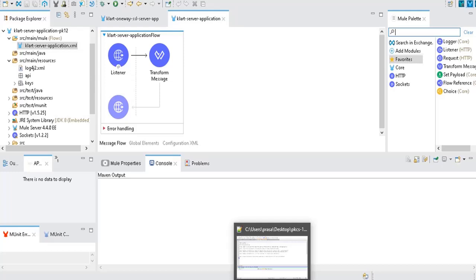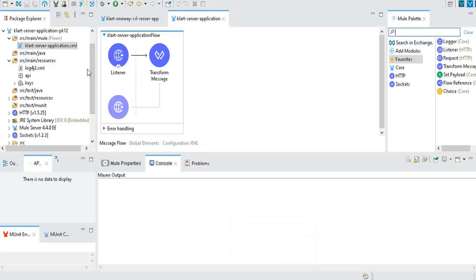One-way SSL needs a server key store and a client trust store. It means the server needs to be authenticated. We do not need to authenticate the client as it is one-way SSL. We need to authenticate only the server. It means we should have the server public key, private key, and server certificate, which will be added to the client trust store. Let's see how we can generate all these things one by one.